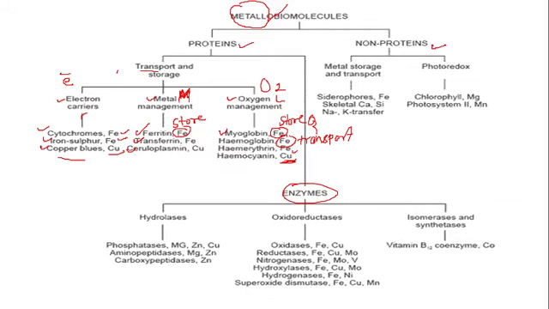Okay, these are the proteinous compound biomolecules. The second type of protein is called the enzymes. All these examples, that is cytochrome, iron sulfur, ferritin, transferrin, myoglobin, hemoglobin, hemerythrin, we are going to learn in detail. This is included in your syllabus.